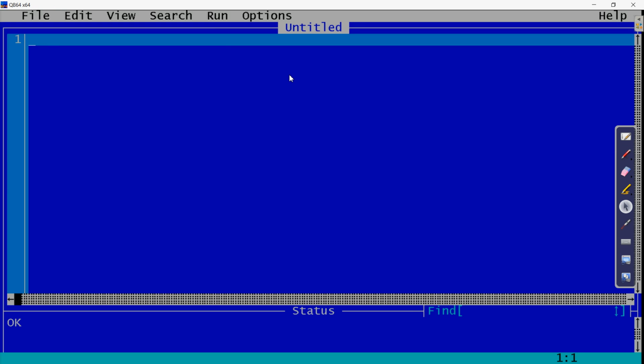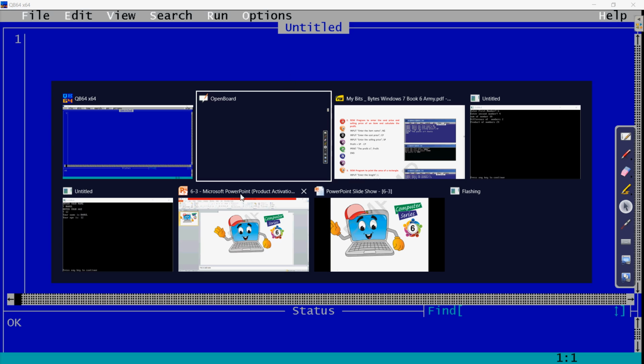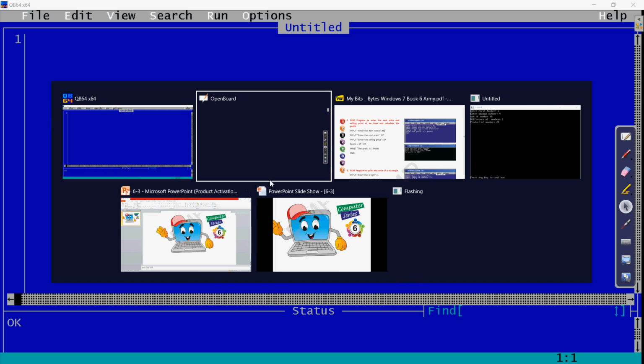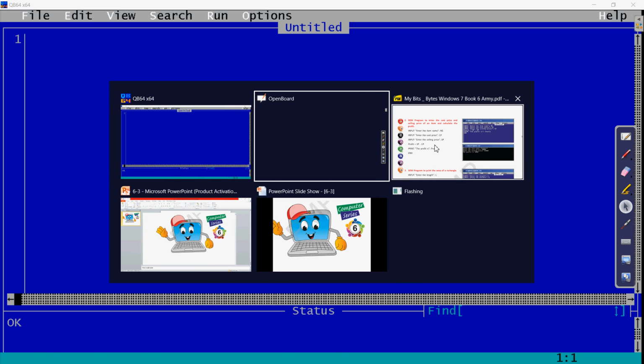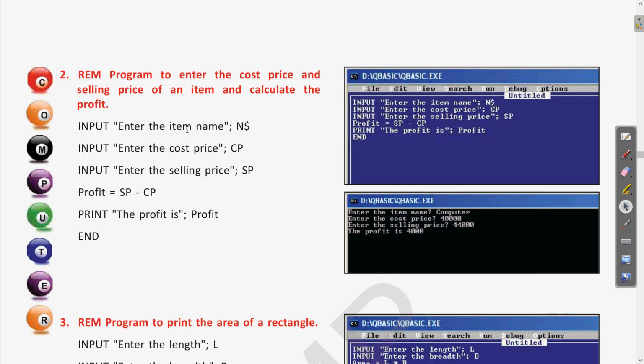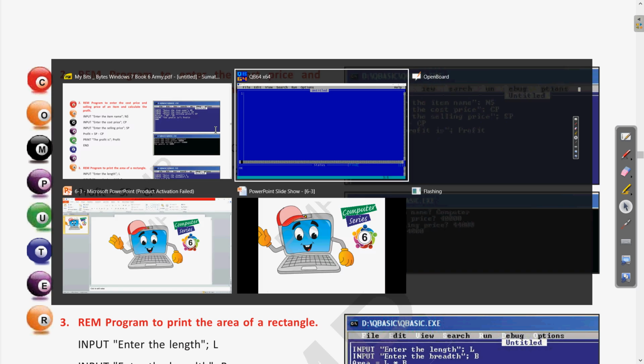So here we are going to write the program which was about calculating the cost price and selling price. Here was the program: first we are taking the name of the item, then we take input of the cost price and selling price. So let us write this.